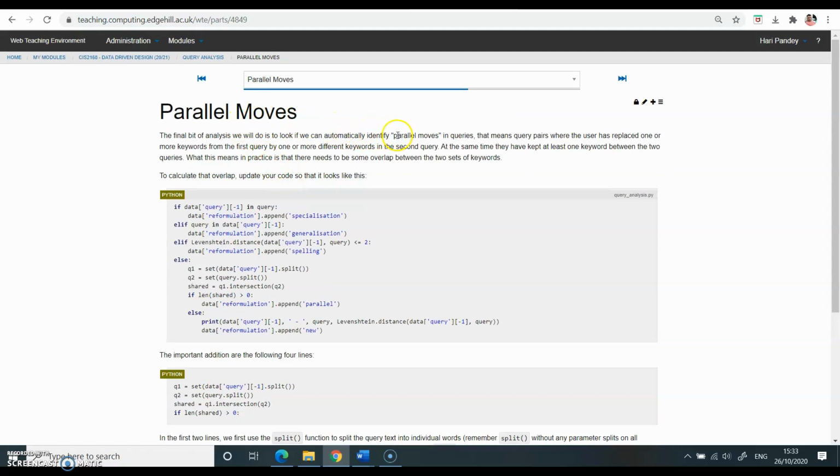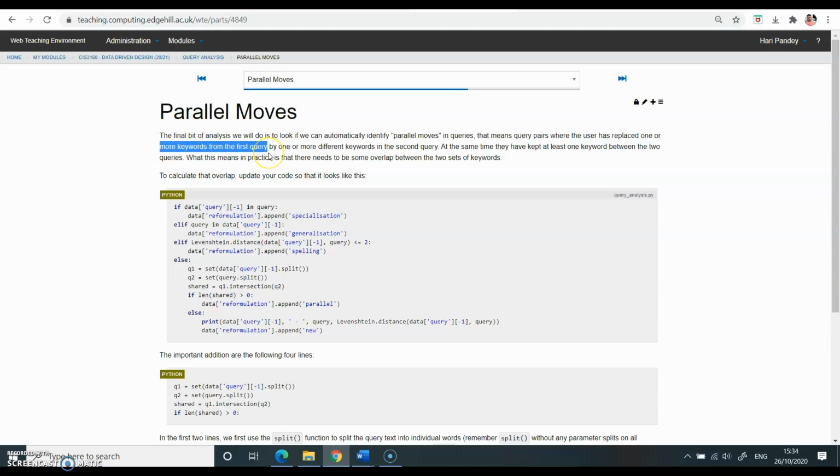Here you can see parallel move in queries. What does it mean? It means query pair. So you are going to create a query pair. How will you create the query pair? What will the user do? The user has replaced one or more keywords from the first query.